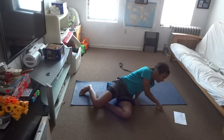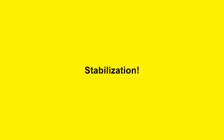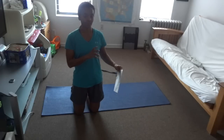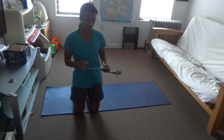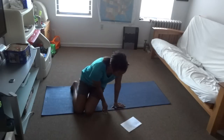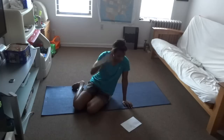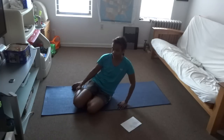I'm gonna try to do the stability one. I just did the stretches for my daily routine exercises, and now I'm gonna do the stability part. I have 4 particular stability exercises, which I mentioned at the beginning of the video. So most of them are gonna be on the floor, and the first one is the posterior pelvic tilt, and